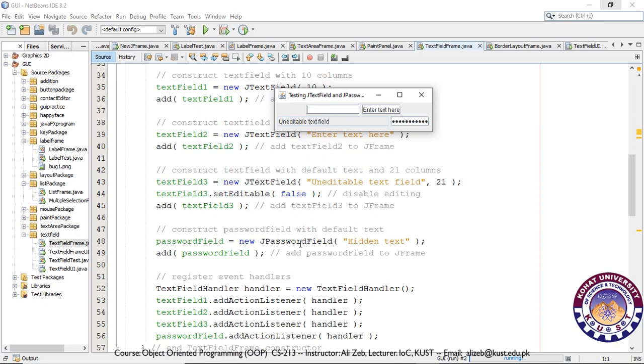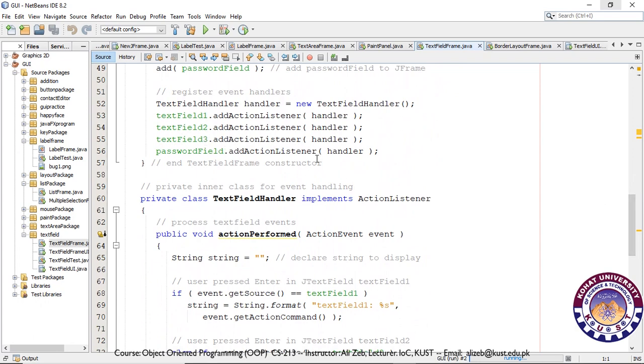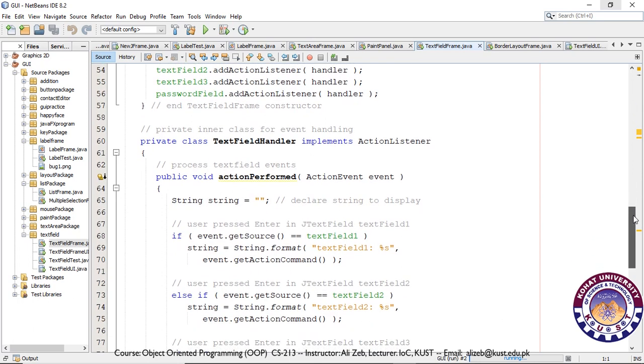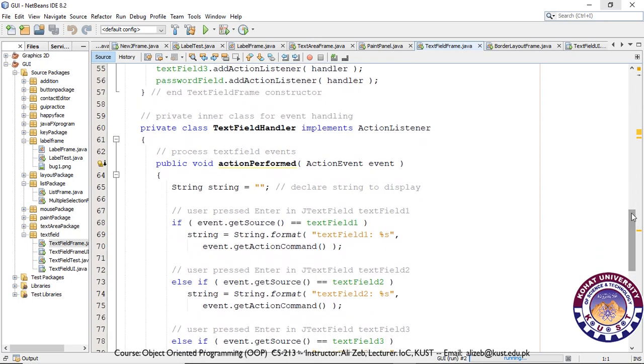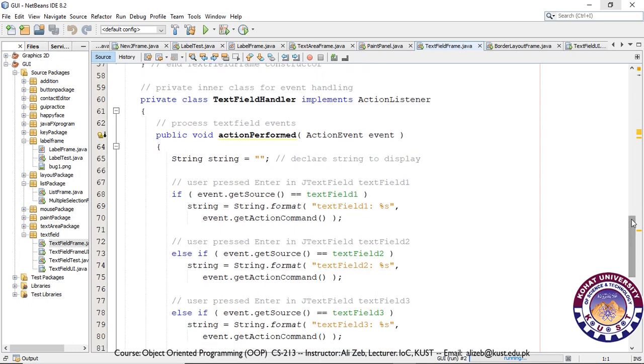Similarly, we have an object of the JPasswordField, and this is the text that is displayed over here, but we cannot see it, and we have now added all of these to our JFrame. The text field handler class is an inner class. An object of that class is created and registered for each of these components, as we can see over here. And the event listener, or the action listener in this case, will be triggered when we press the enter key inside the